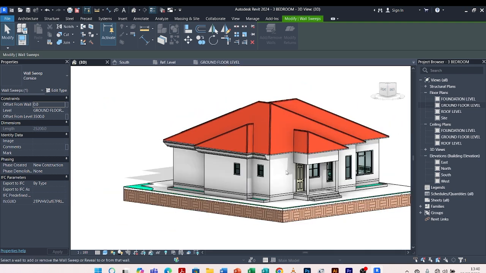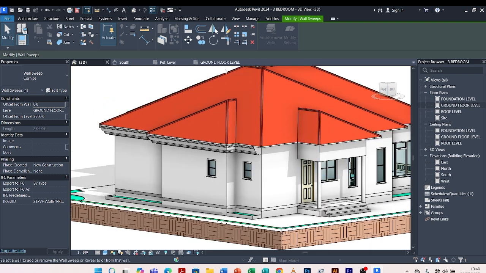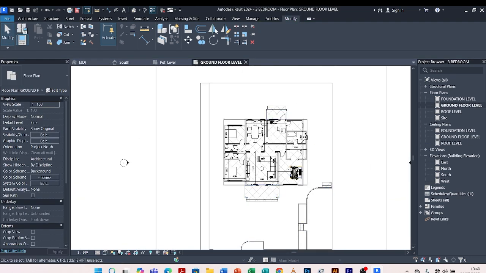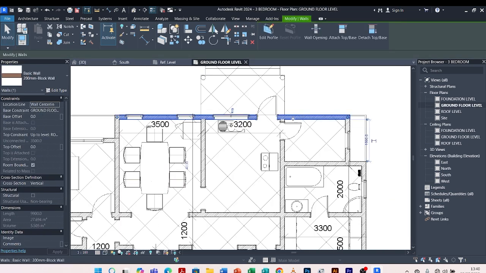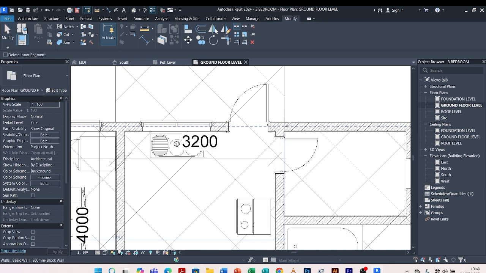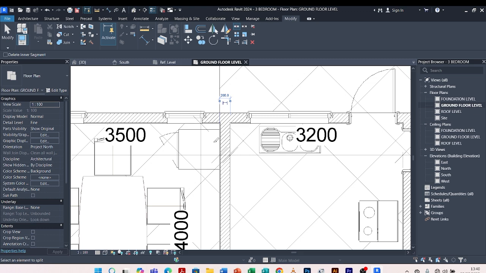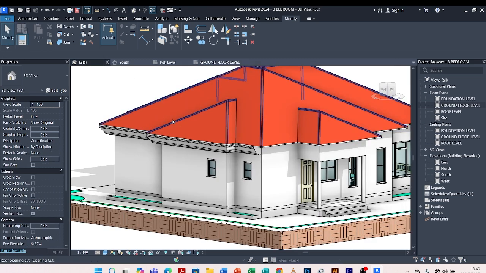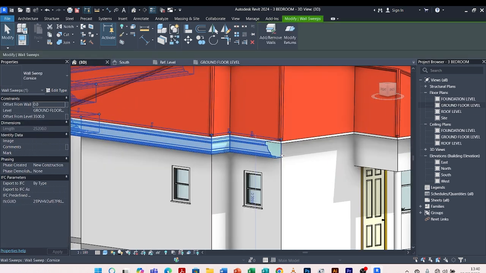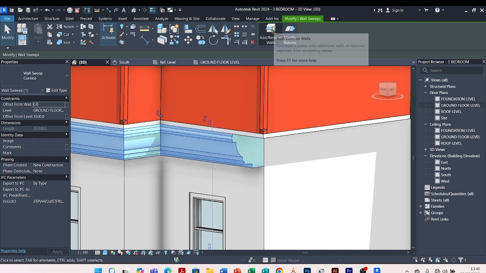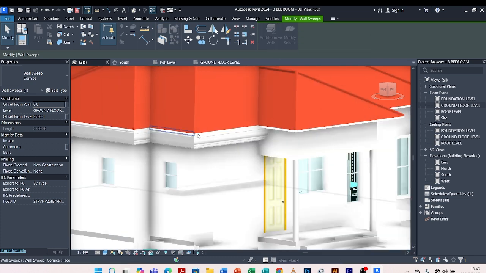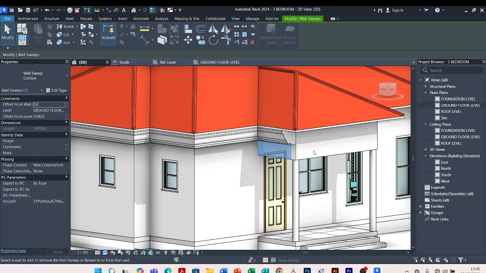I forgot to cut this wall. So I'll go back to my ground floor. Yes, we're having also this wall. Since we have here the shade, so I'll have to cut this also somewhere here. Then this somewhere there. So I come back to my 3D, I click on this, I come to add or remove walls, I click on this, click on this,